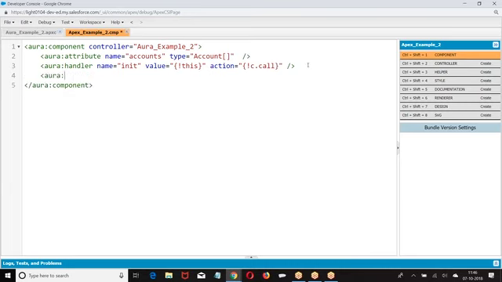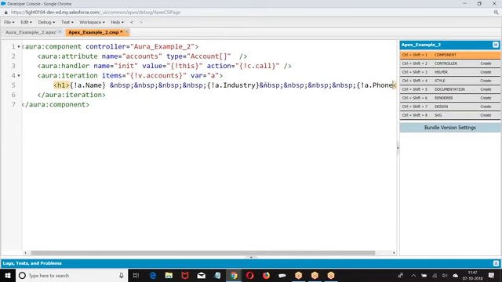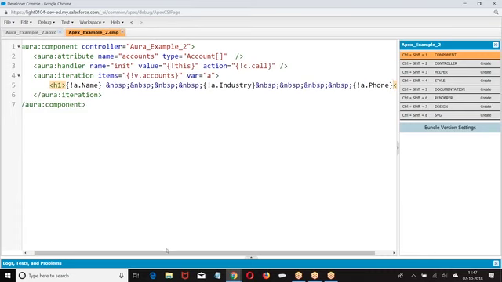And how do you define aura:iteration, items equal to, we can give v.cons, a.name. I give this. Go to the controller.